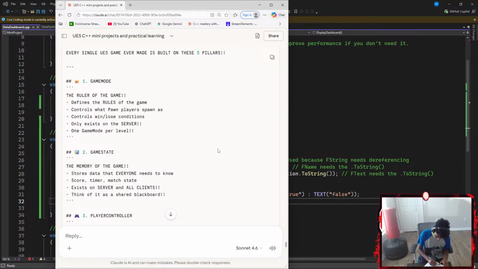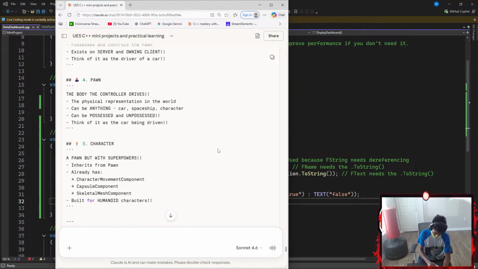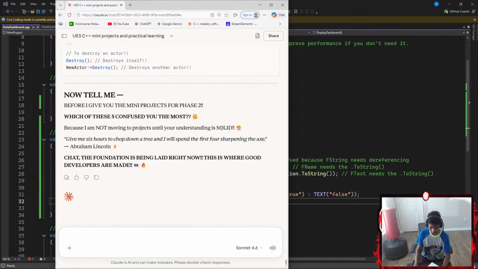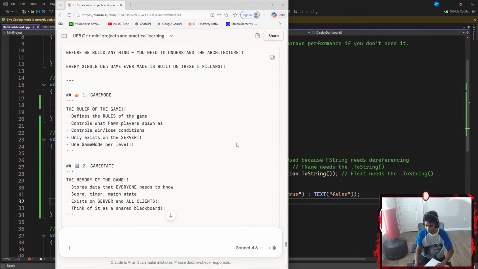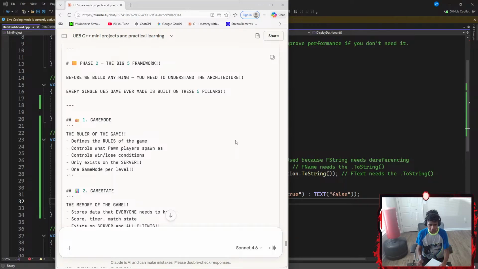Let's go with number 1. It's game mode, so I'm gonna write GAMEMODE. And I'm gonna write it a little neatly so I can understand my own handwriting because half the times I can't. That's it, game mode. Okay, I think I clicked a button on my keyboard. Okay, for game mode, the ruler of the game. So I'm gonna go with RULER, of the game.